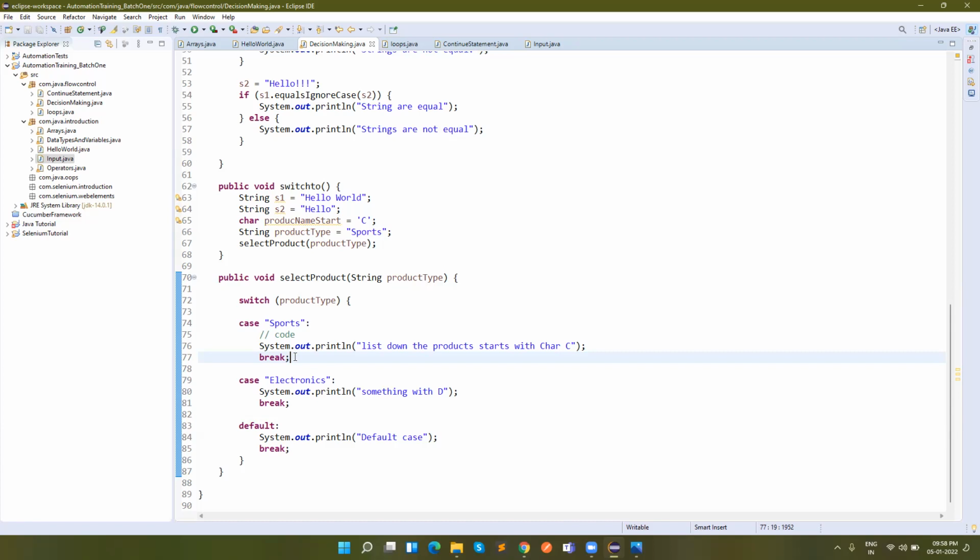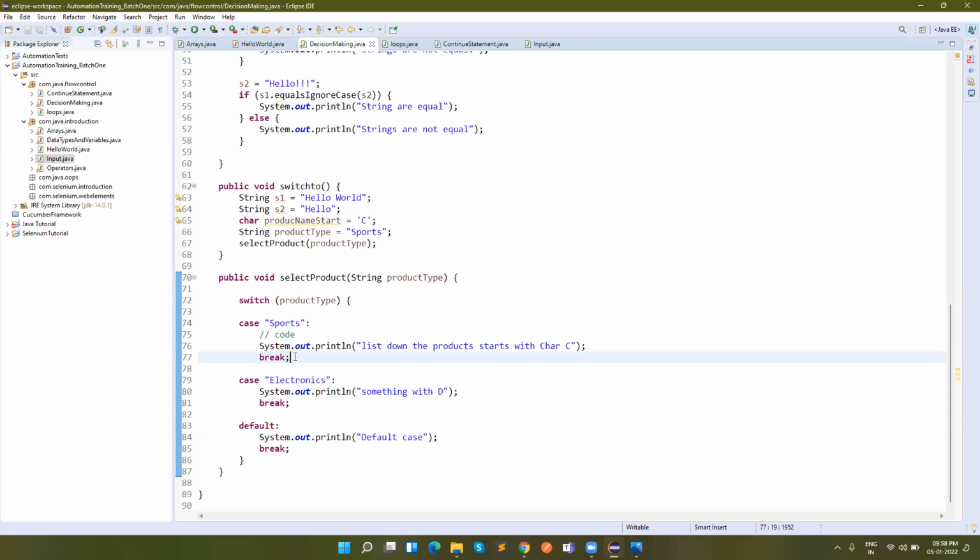If the first condition is satisfied and the break is not there, it will go to the next condition. And that's not the scenario we want, because once we get the output, why do we want to check other scenarios? Only if we are not getting it in that case do we go for other cases, or we already have the default value as well.